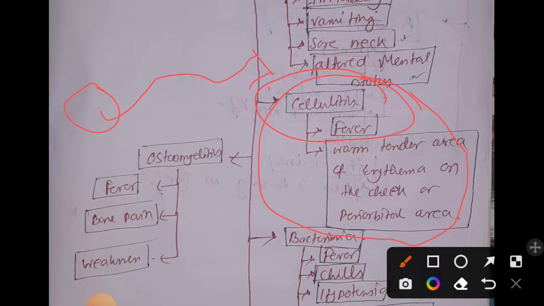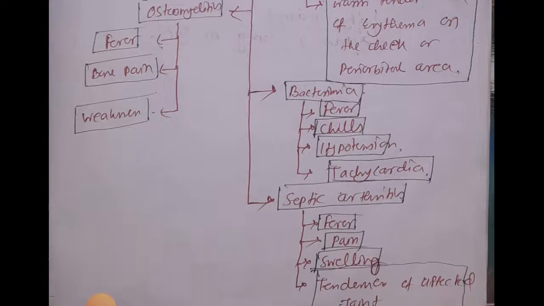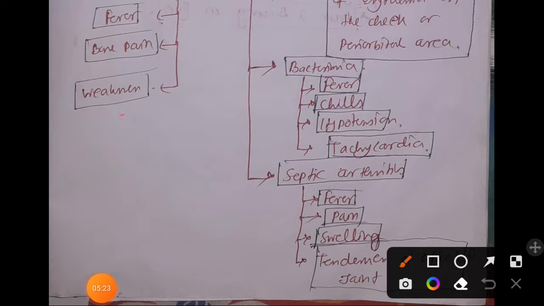I have also told you that from the epithelial cells of the nasopharynx, it is also possible that they breach and invade the blood capillaries. That means it will enter the blood, and whenever bacteria enter the blood it is called bacteremia, right? So symptoms of bacteremia include fever, chills, hypotension and